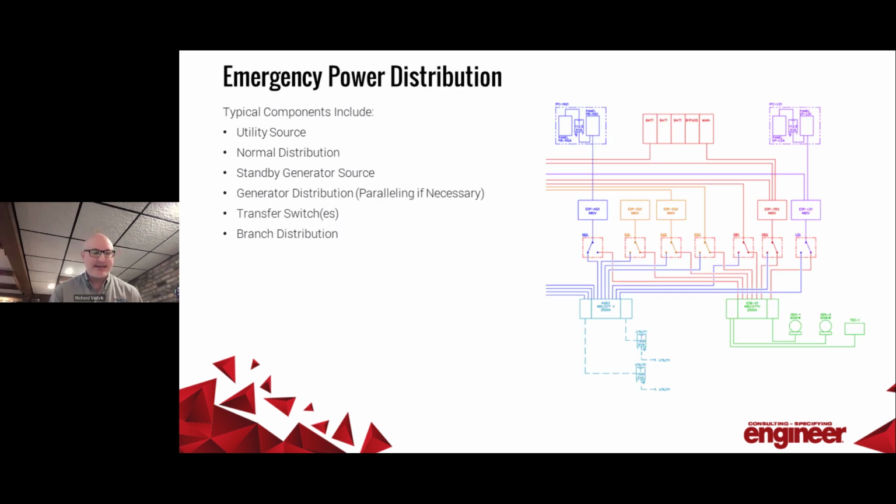Now, a typical power distribution system that you might see is shown here. And we have the EPS in the green generators and the EPSS in the transfer switches. But we also have the normal service equipment in light blue and the distribution downstream of those switches shown in a variety of colors because it makes it fun and easy to see the difference in branches. Now, your specific project obviously is going to differ, but the takeaway here is that there are multiple parts and pieces in this system. And when we talk 110, we're talking EPS and EPSS typically. There's a lot of the additional building that's going to fall within NEC 70.